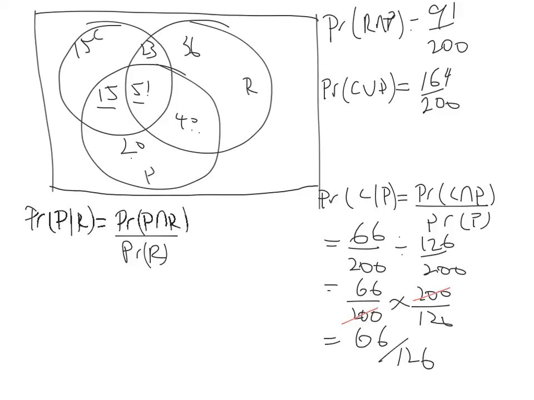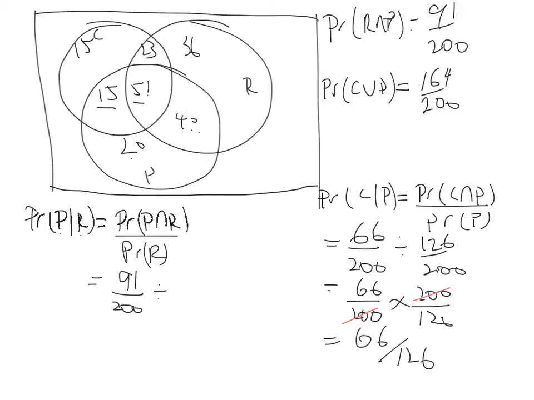Now for part D, not our last one, we've got a couple more to go. It's after the probability of P given R. So we are looking at R. That's what we're looking at here, and we're looking at the intersection between that and P. So what we have there, the probability they like both of them is 91. I'm going to put that over 200